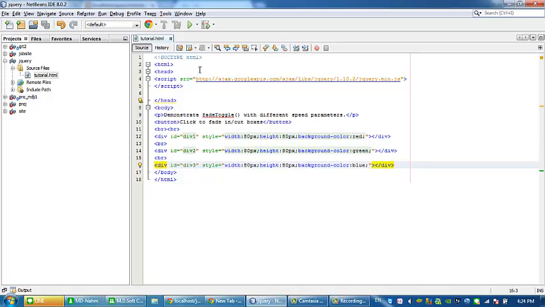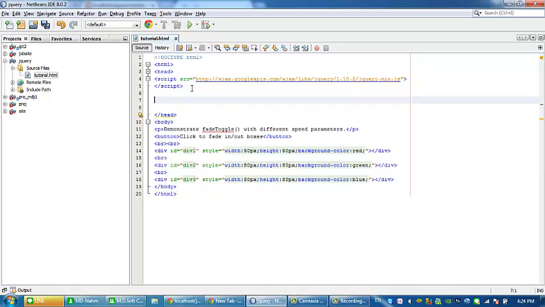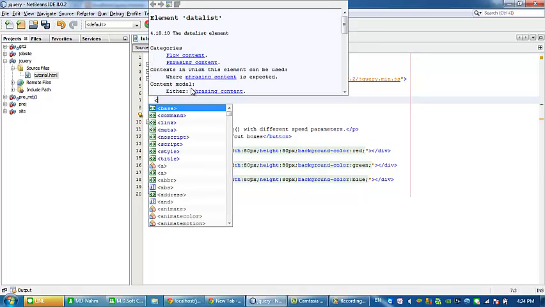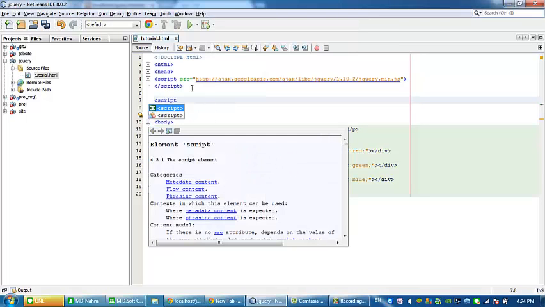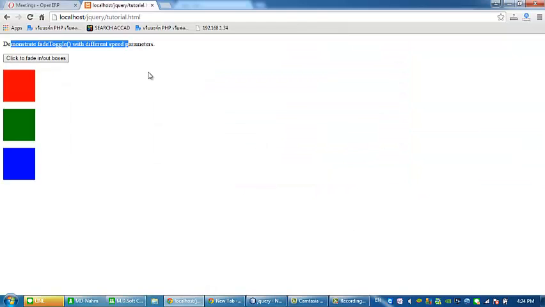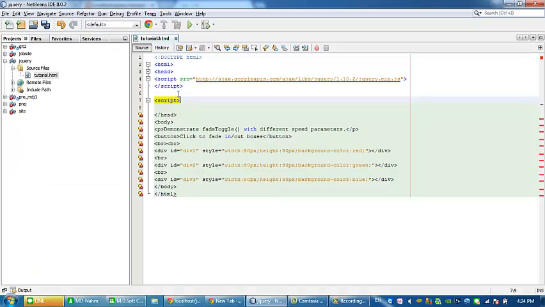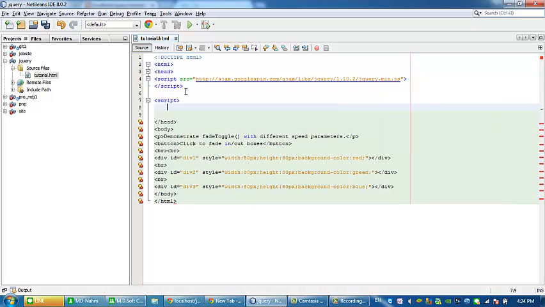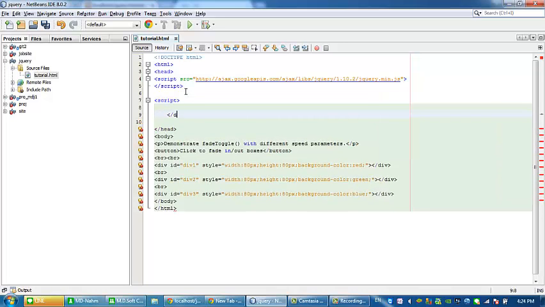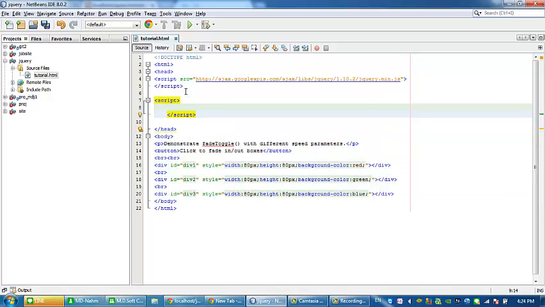So first, to create this function as fade in, fade out, we will create a new script tag before the head ends. So we will code this one.